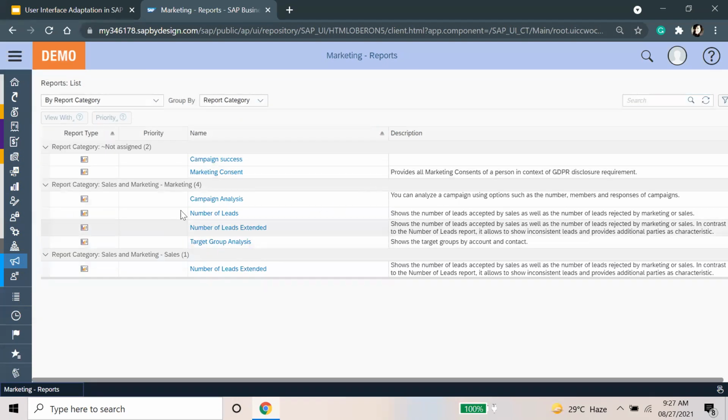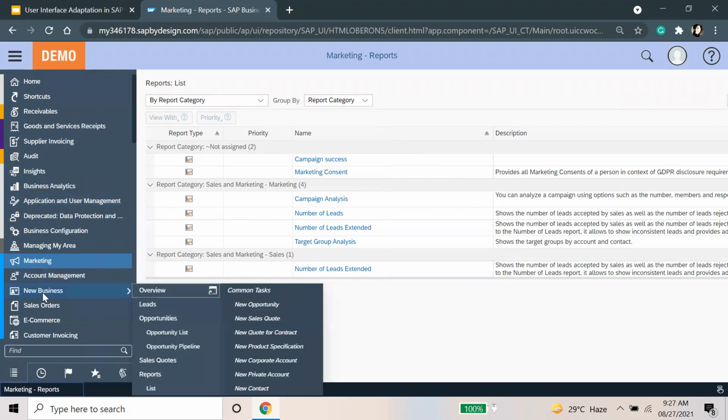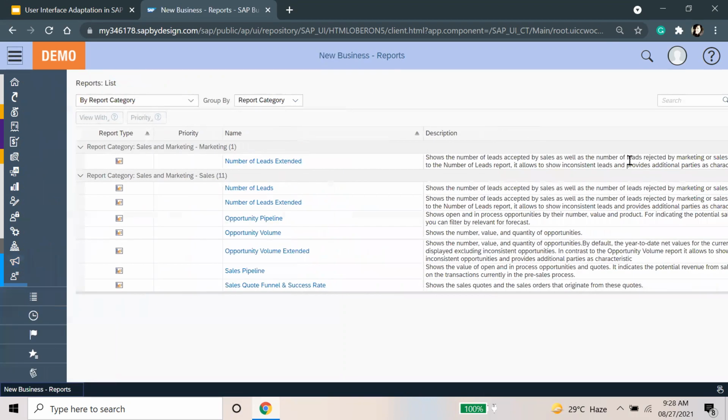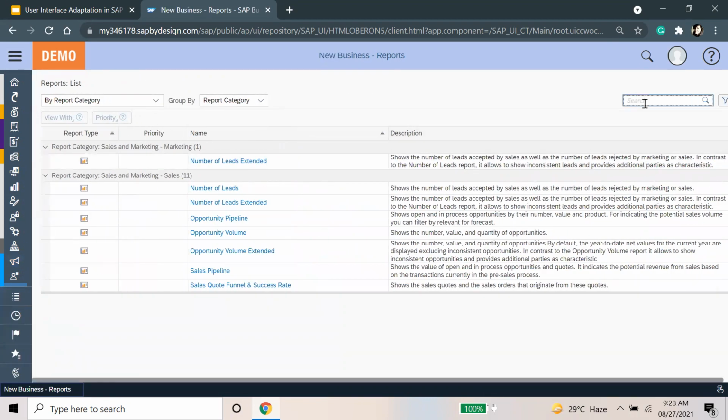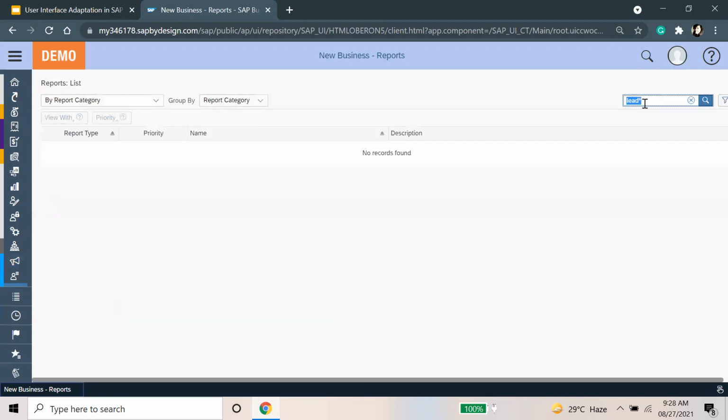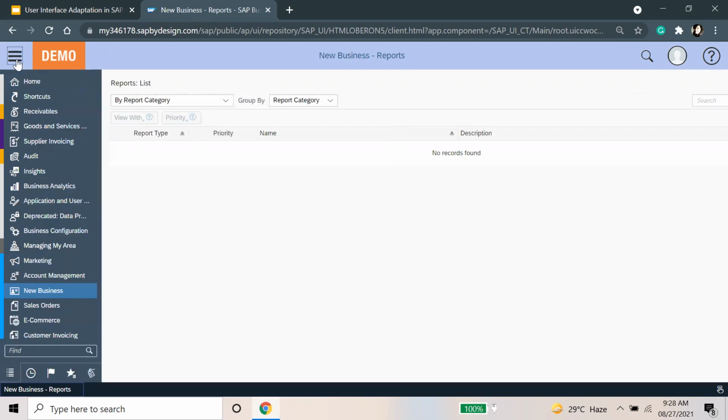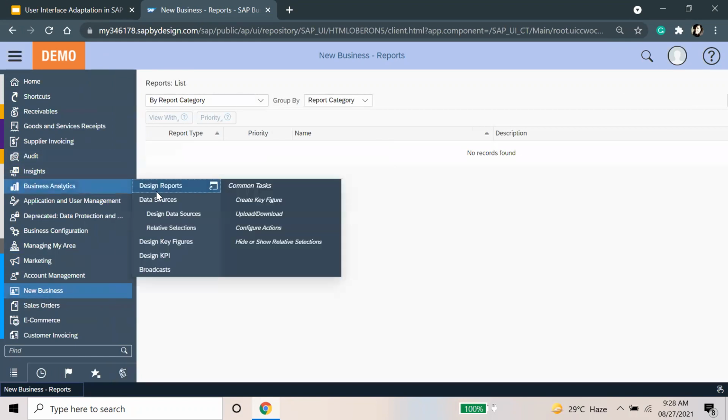Lead funnel. Okay, let me check again. Leads are coming here as well. Okay, so that was the data source, not the report. So data source here.